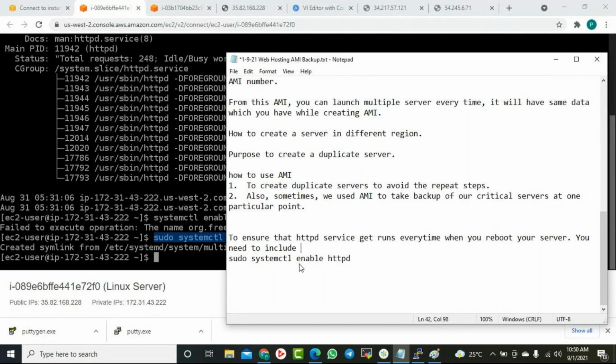Run this command, and after that create your new server, create your AMI.